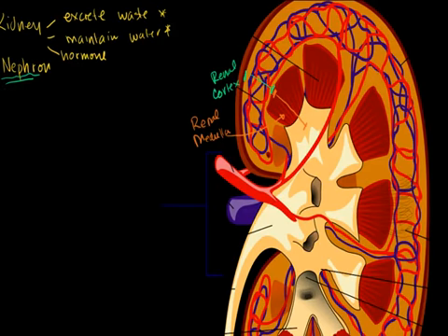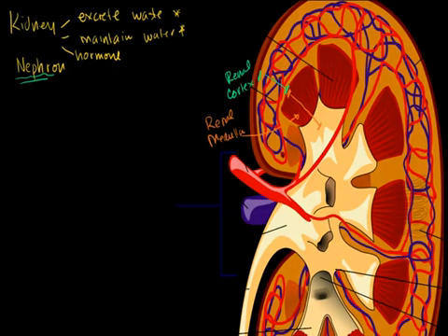So I've said before, and you might have heard it from other lectures or teachers, that the functional unit of the kidney is the nephron. The reason why it's called a functional unit, I'll put it in quotes, is because that's the level at which the two major functions of the kidney are happening,